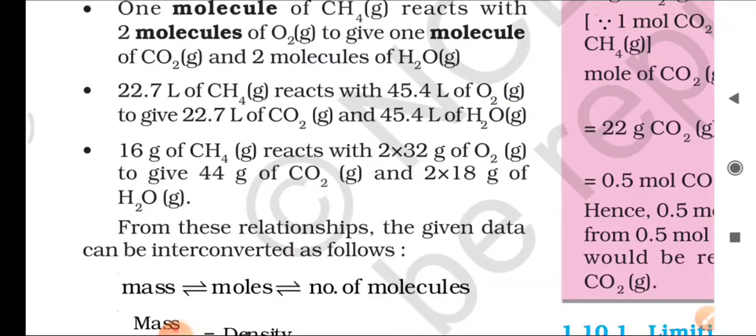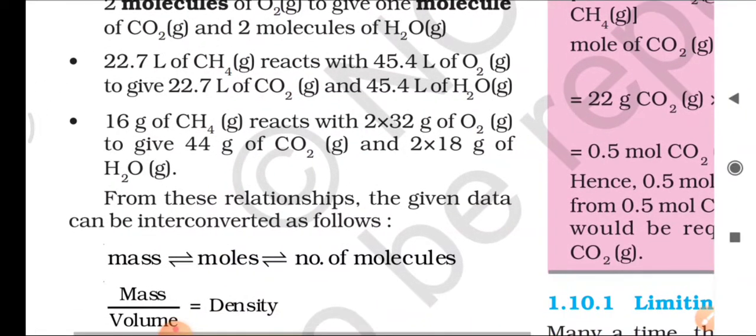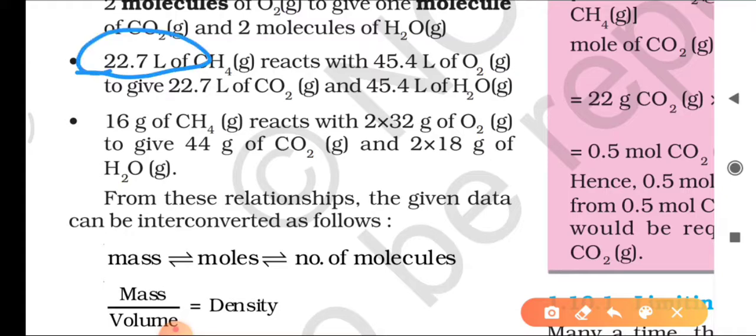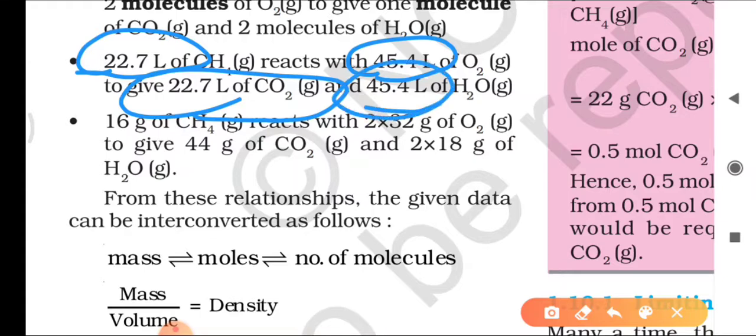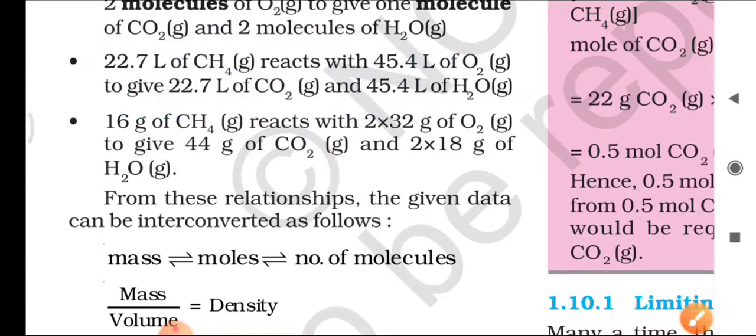the gaseous, all the reactants are gaseous, or we have taken in liters, right? So 22.7 liter of methane we have taken. So it will react with 44.4 liter of O2 and will give 22.7 liter of CO2 and 44.4 liter of H2O. So just multiply it by 2, you will get 44.4 liter. So 1 mole of ideal gas at STP contains 22.7 liter,